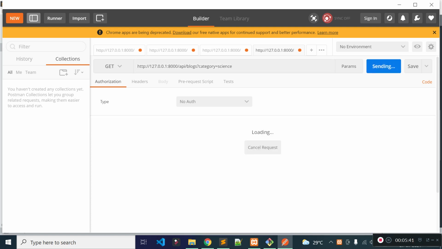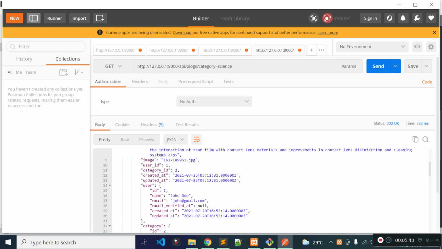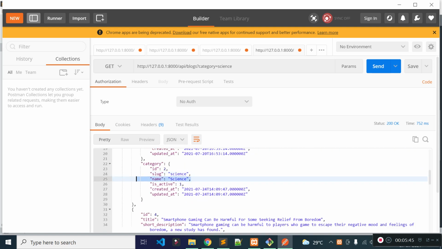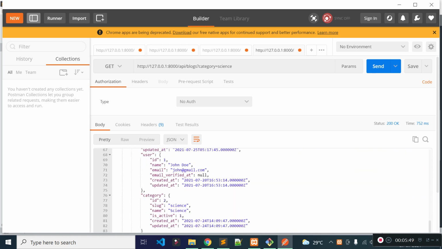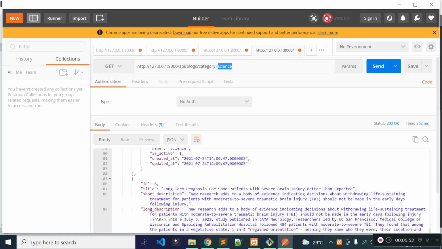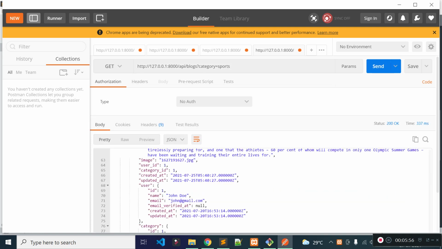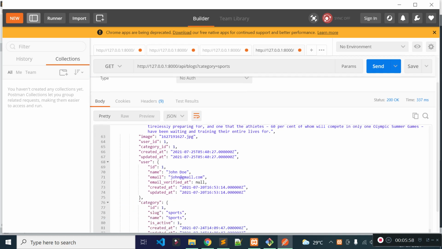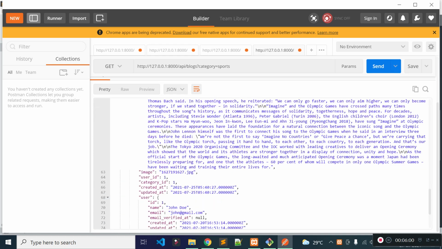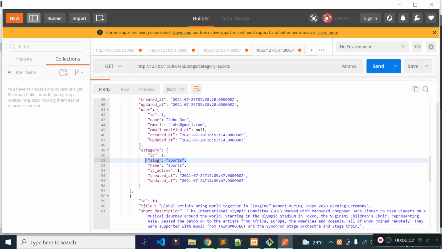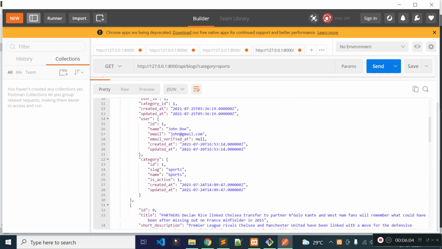So let's execute this endpoint. You see now it's returning the blocks of category science. Now let's change it to sports. This should return the blocks with category sports. Yes, now it's returning the blocks with category sports. So our category-wise filter is also working.